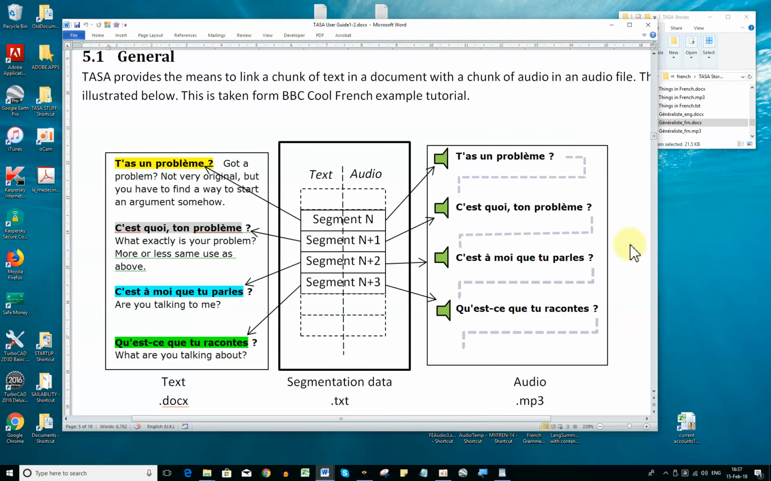This is a diagram from the user guide, and over on the left hand side here you've got a textual document with the chunks of text that you want to synchronize with its audio. So down here is the Word document, the doc document. Over on the right hand side is the audio document, which has got exactly the same chunks in, but obviously in audio format. Synchronizing and segmenting is the process of making the linkage between those two documents, so that when we do this